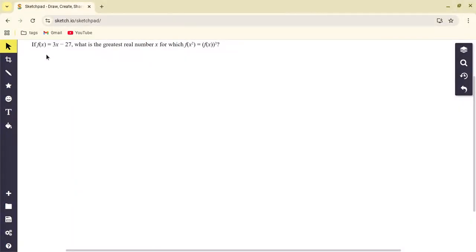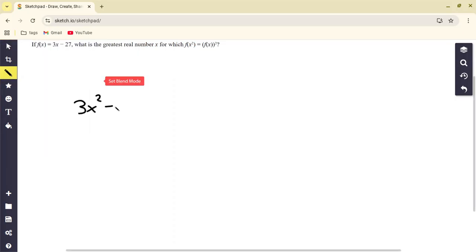If f of x is equal to 3x minus 27, what is the greatest real number x for which f of x squared is equal to (f of x) squared? Well, when they say f of x squared, that really just means replace all of the x's with x squared and keep everything else the same, which means that f of x squared would just be 3x